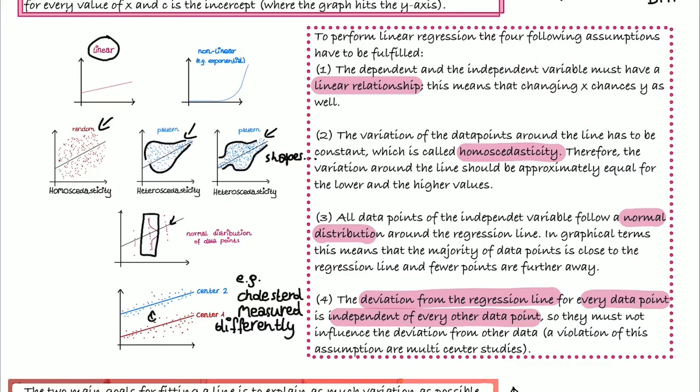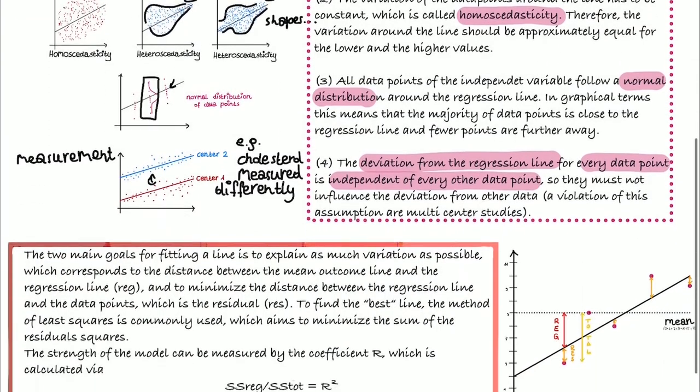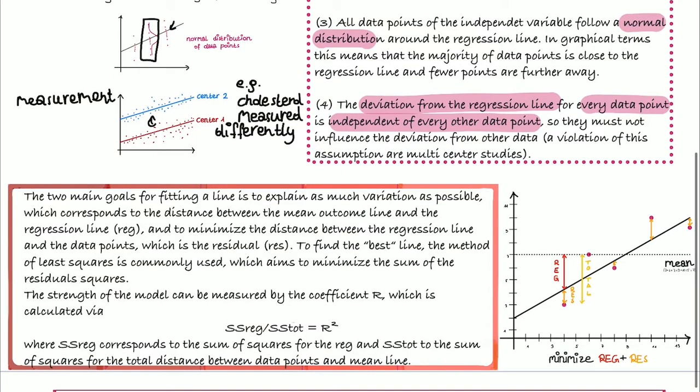So, then we've got the two main goals which are relevant for fitting a line, and the first one is that the distance between the mean outcome line and the regression line has to be minimized, and the second is that the distance between the regression line and the data point, which is also called residual, has to be minimized as well. To find this best fitting line, which explains most of the variance,